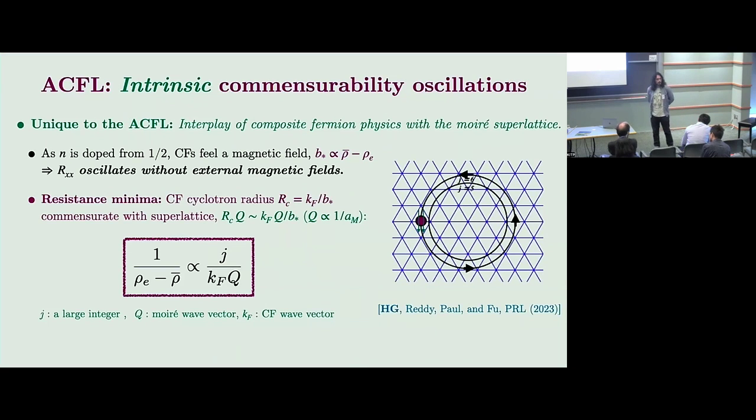Why aren't these just other fractional quantum Hall states? If I went to lower temperature, would you get plateaus? Are they just the same series? No, it's not the same series as Jain. Well, in the absence of the periodic potential, you wouldn't see this. In the absence of the periodic potential, none of this physics happens.